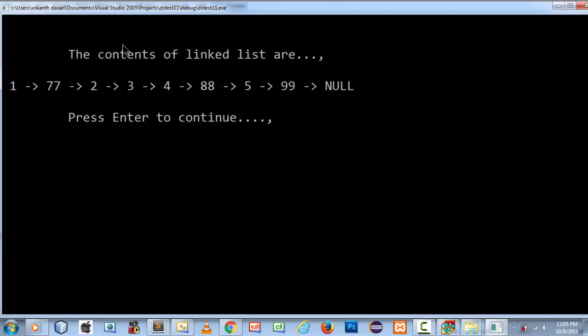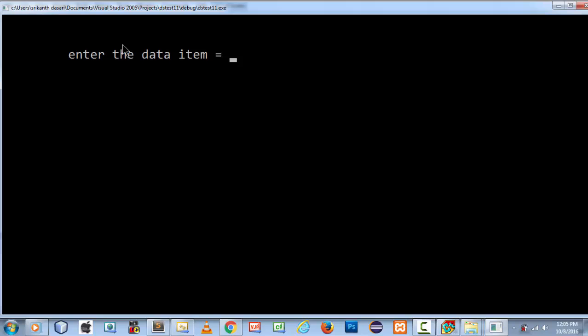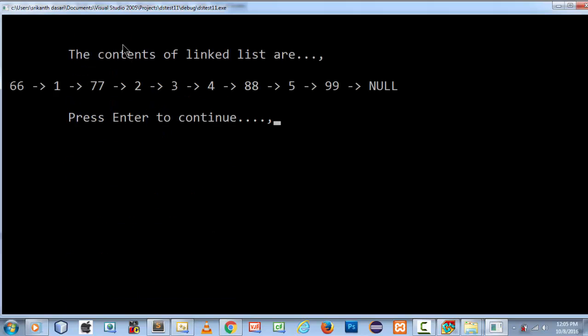In the same way, if you want to add a data item before any key item, you need to select the sixth option here. So let us say 66, and let us again say the key item as 2, and if you hit enter, so if you check the display here, so what happens is